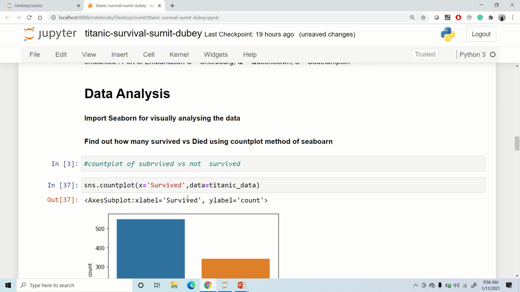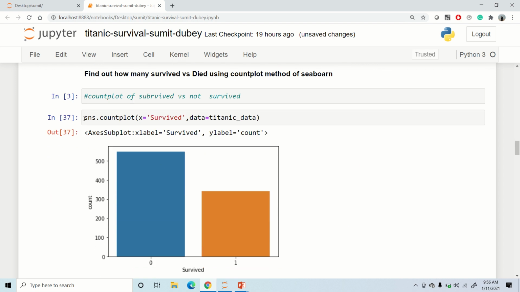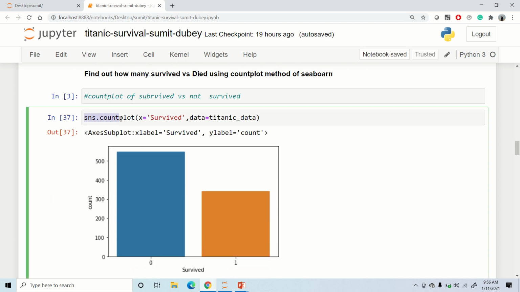Correct. So this is the syntax, guys, for doing a plot with Seaborn. You can just say x is equal to Survived because you want to plot this data on the x-axis, and the data set name is Titanic data. That way Seaborn will understand which data frame this column belongs to. That's why I need to pass a data attribute here additionally.